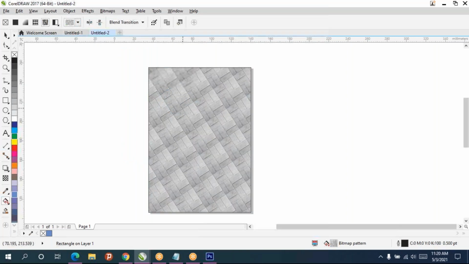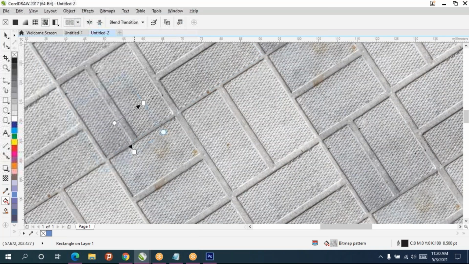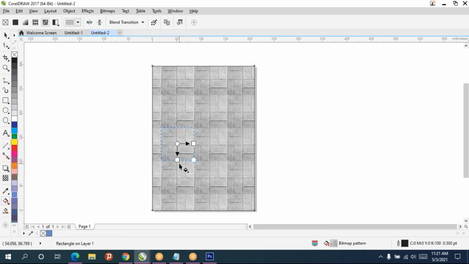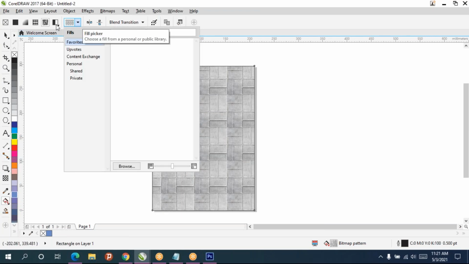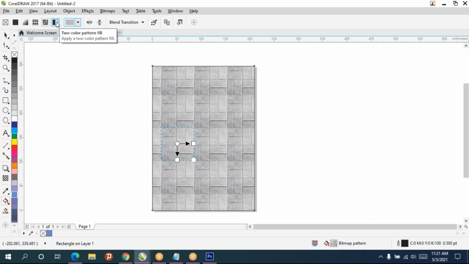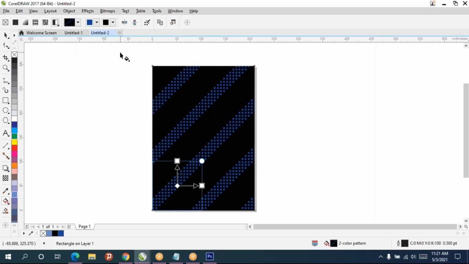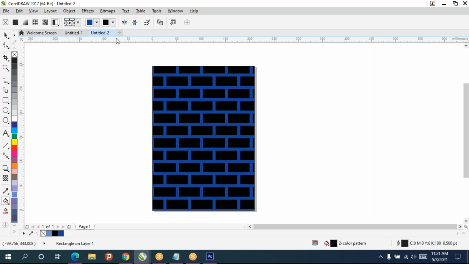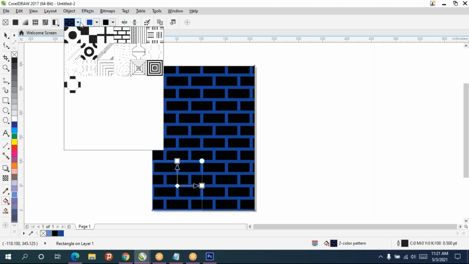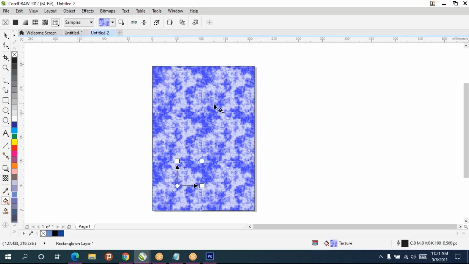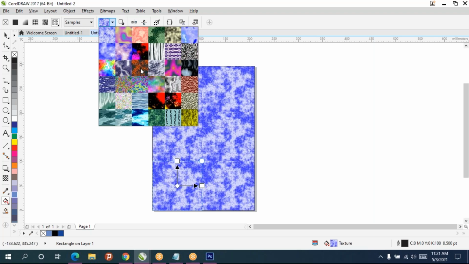This kind of textures also you can get. How you're dragging, like that it will come. And other than that, this kind of things also we have. You can try everything. Texture fill, kind of cloud things.